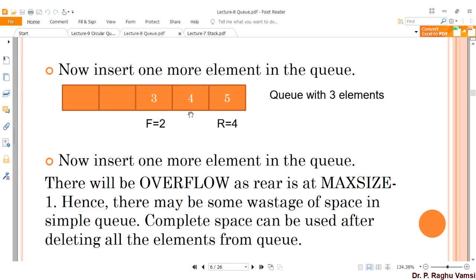The basic idea of the circular queue is that even though the rear value reaches the maximum size of the queue, why can't we let rear be initialized from 0 so that these two empty slots can be filled with some more elements?